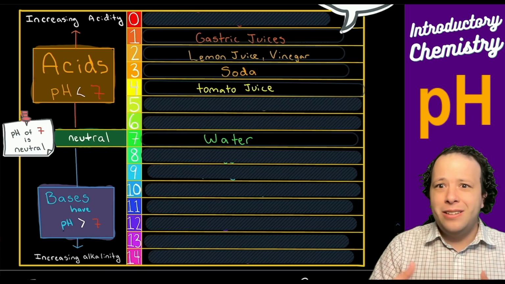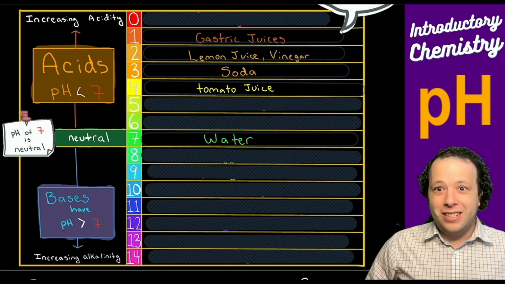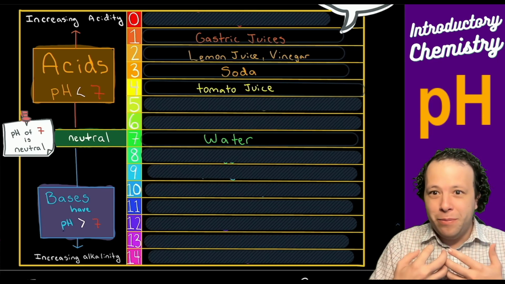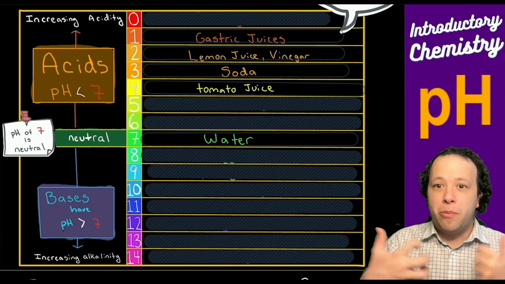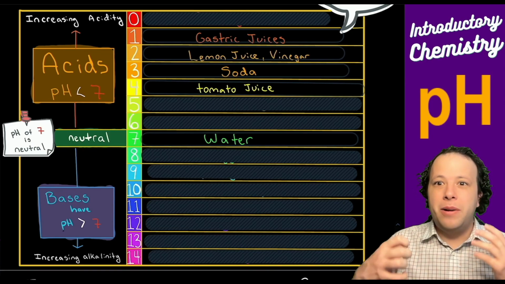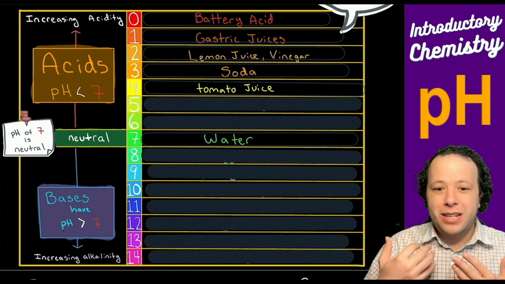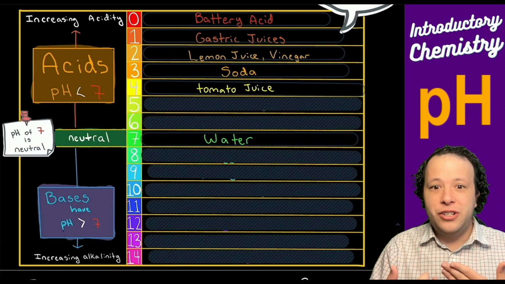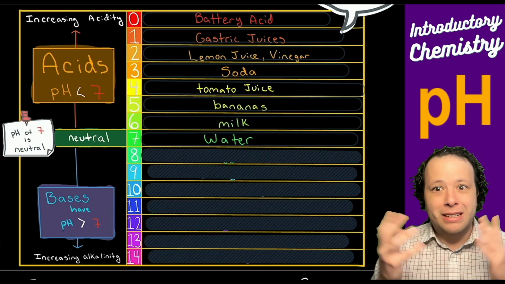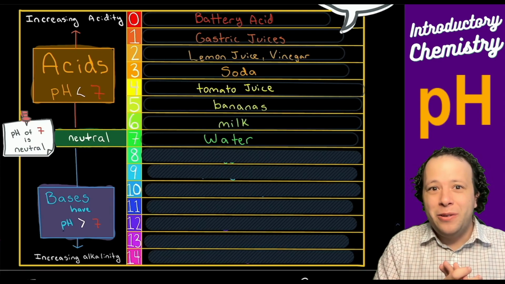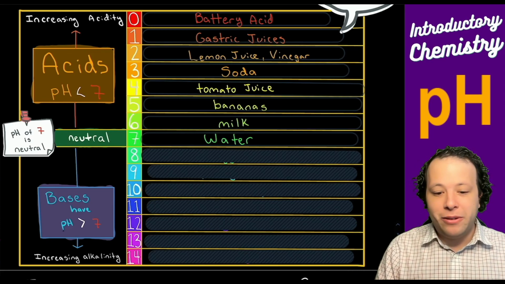Some other things that we also have is a really low pH, a pH of 1. That is your stomach acid, so gastric juices. So when you eat something, it travels through your body and eventually it comes down to the stomach, which will break down foods even more by causing all those bonds to break. Some other things that you might come across is battery acid, right? If you have to change your car battery out. Then there are very common things at a pH of 5 and 6, like bananas and milk, and all your household chemicals.